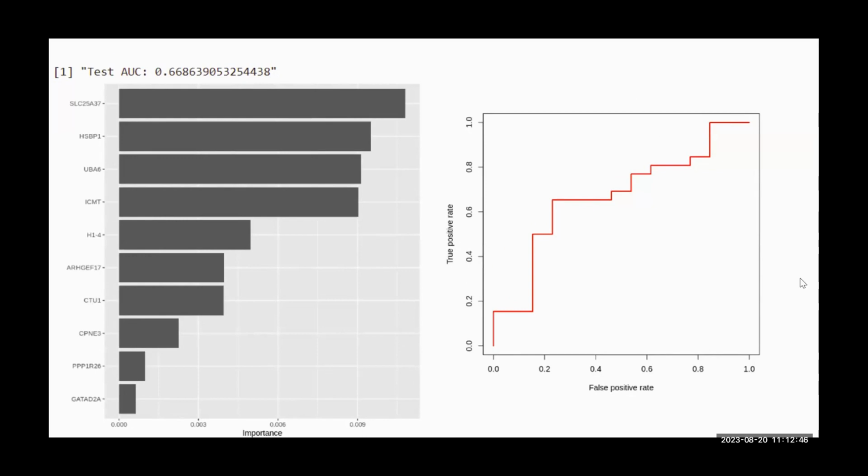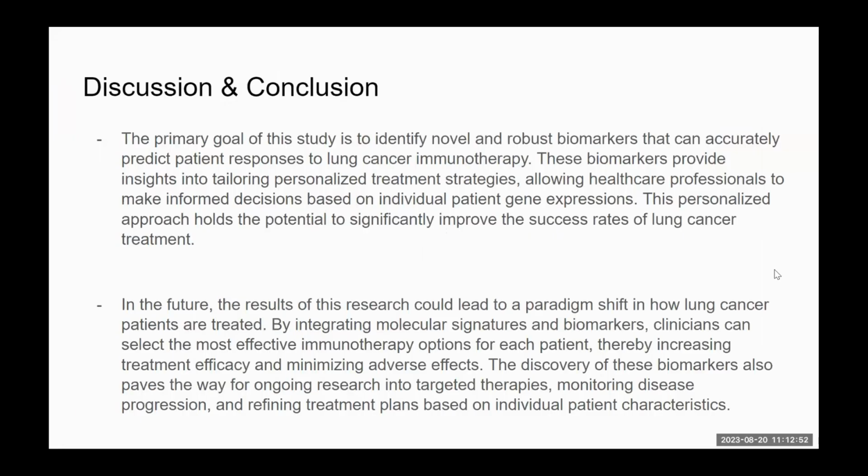So, discussion and conclusion. As I said, the primary goal of the study is to identify novel and robust biomarkers that can accurately predict patient responses to lung cancer immunotherapy. These biomarkers provide insights into tailoring personalized treatment strategies, allowing healthcare professionals to make informed decisions based on individual